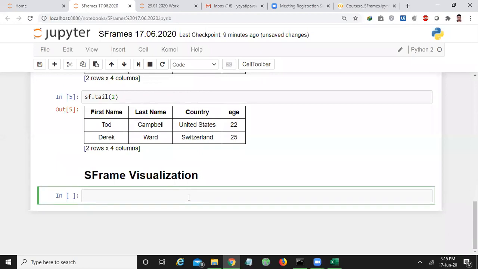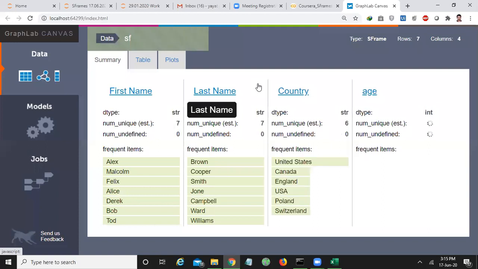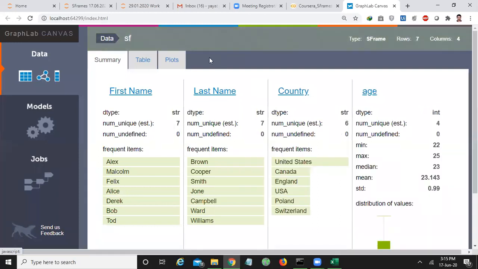So what I can do is simply sf.show. It loads a URL and gives the complete diagrammatic representation of your SFrame.